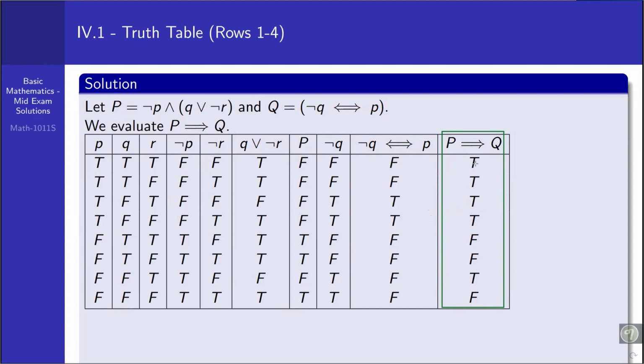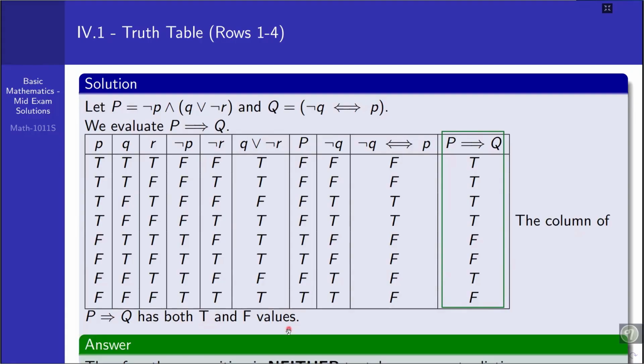are true for some instances and false for other cases. Therefore, this compound statement is neither tautology nor contradiction, because the element of this one, that is P implies Q, has both true and false values. Therefore, the compound statement is neither tautology nor contradiction. That means